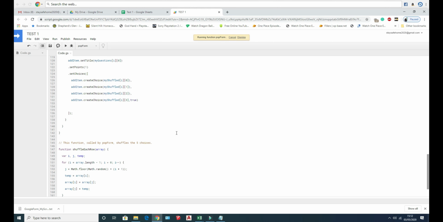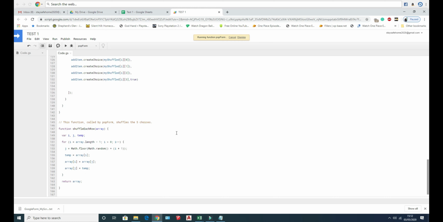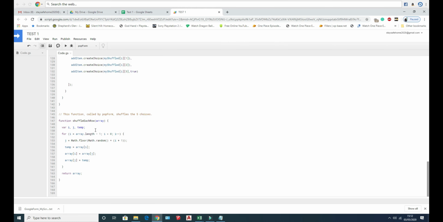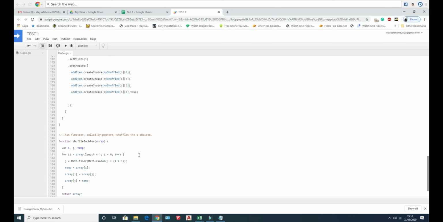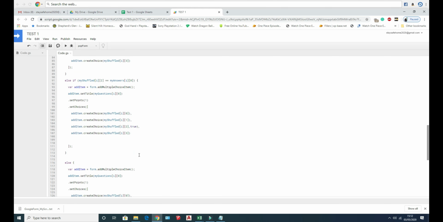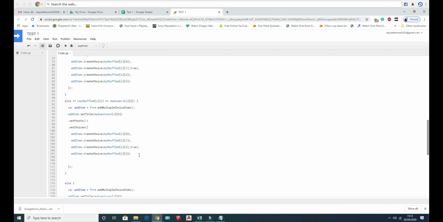The function called by pop form will shuffle the choices automatically. The set points will give points for each question. I am entering 1 as it's an MCQ.